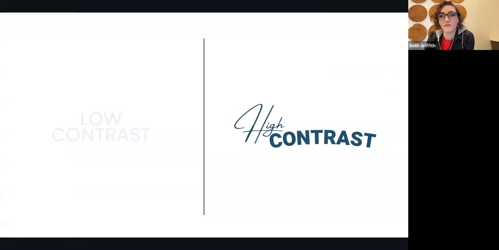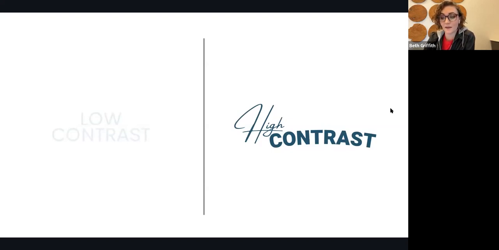You'll notice there on the left, it's a low contrast, and that can be very difficult to read. So if your color palette has softer colors, you do have to be intentional about ensuring that you use them on a darker background or make them a little bit darker so that they can actually be seen on a white background, depending on what your color palette looks like. Over on the right, we have high contrast using 2 different principles, using both text and the high